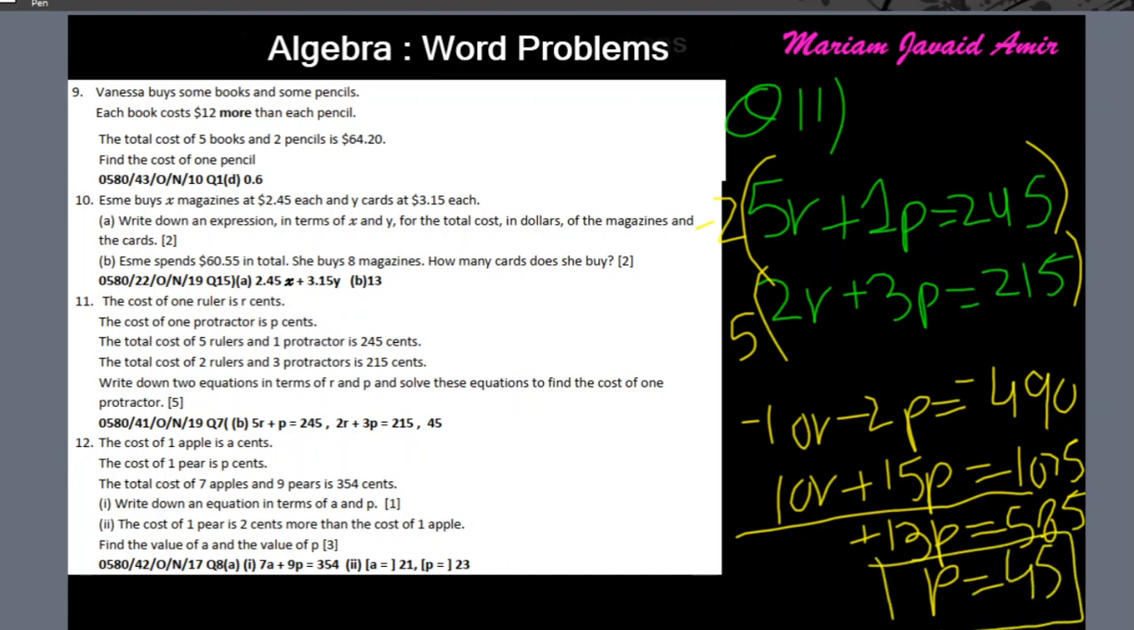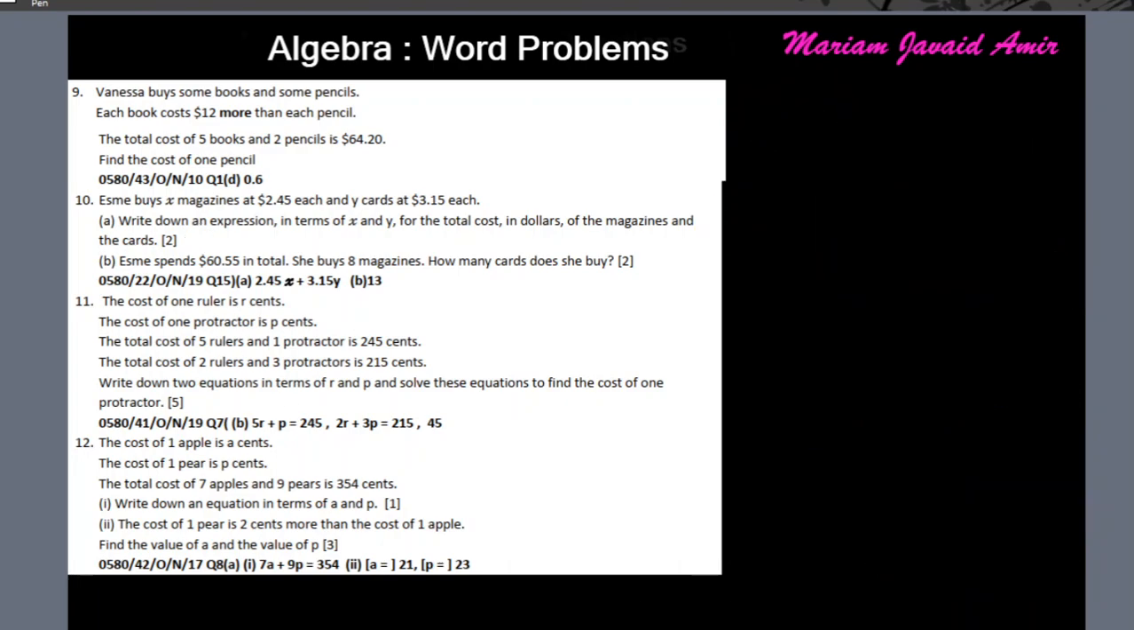So question 11's answer is p equals 45. Okay, next up is question 12,